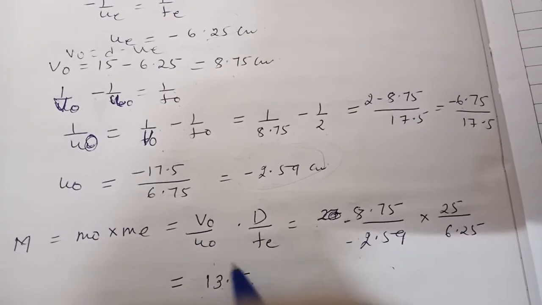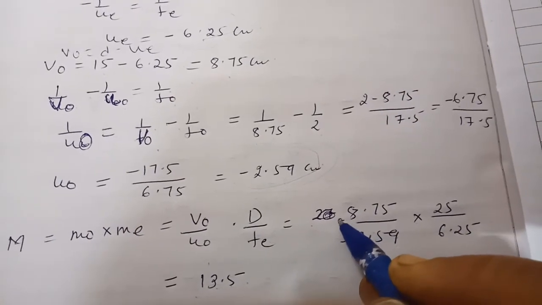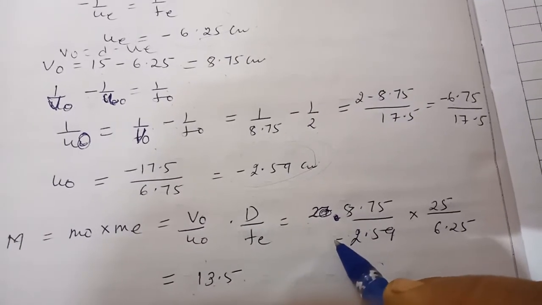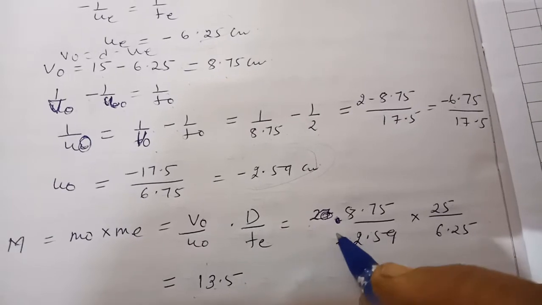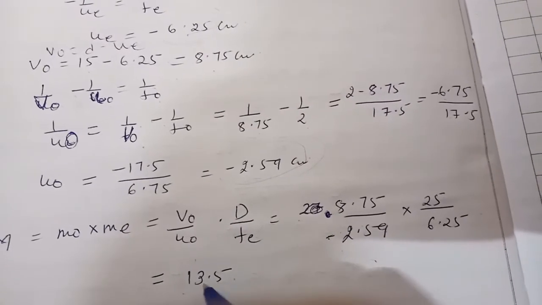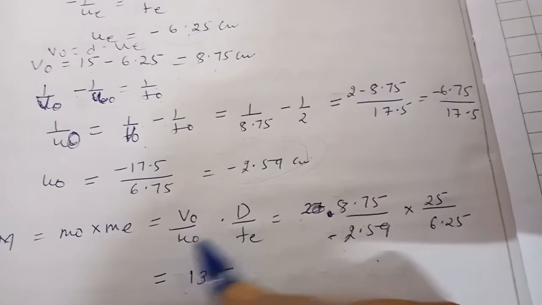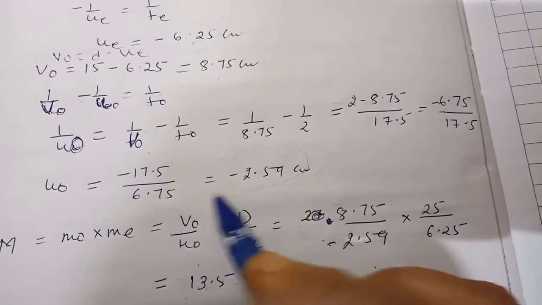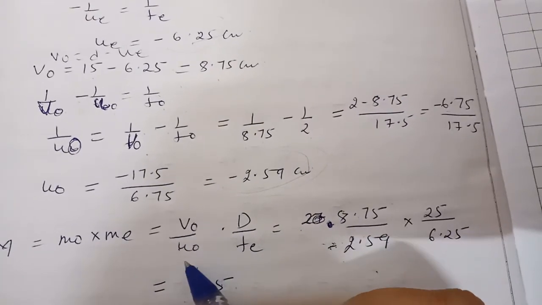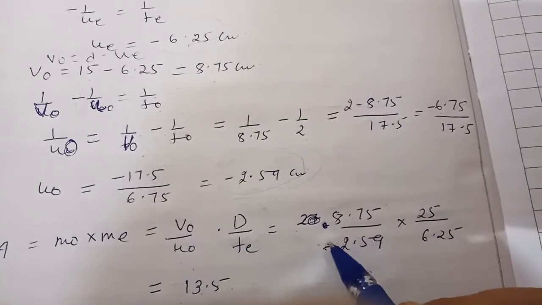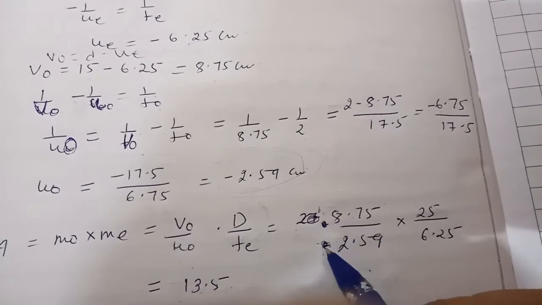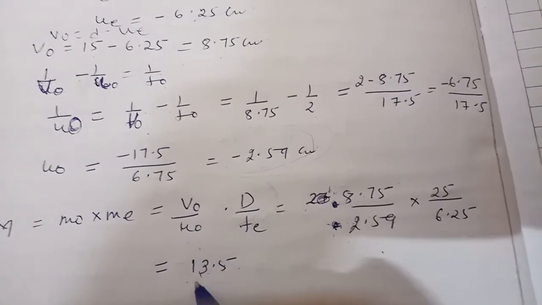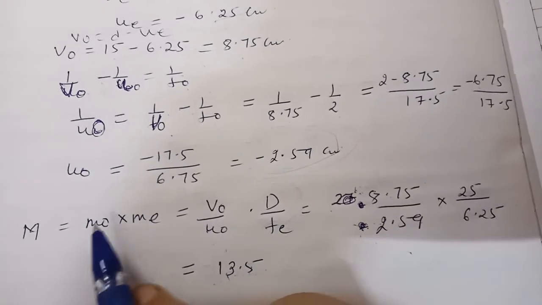Okay, 13.5 is the value, and here you will substitute, this will be positive, and this will be negative. So in this condition the magnification comes out to be what? 13.5, because U naught you have to take as minus, V naught that will be 8.7. But in this formula, when you are substituting the value V naught upon U naught, because we have got this formula after substituting the sign convention also, there is no need to substitute the minus sign over here. Already you have substituted in the formula, so that is 13.5. You have got the magnifying power.